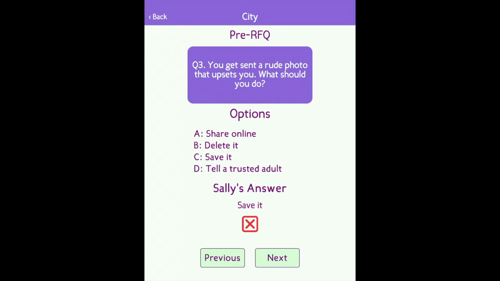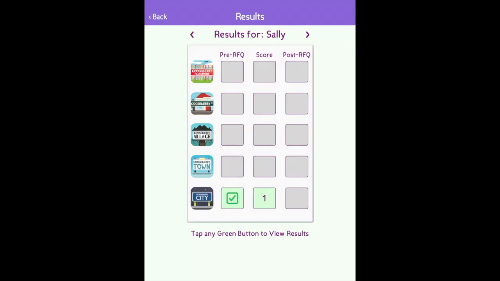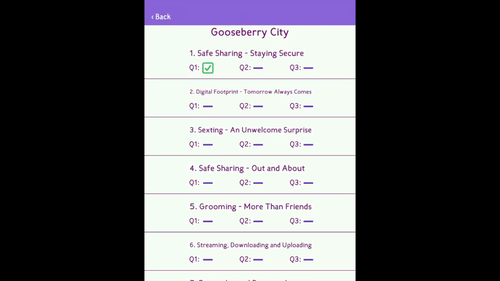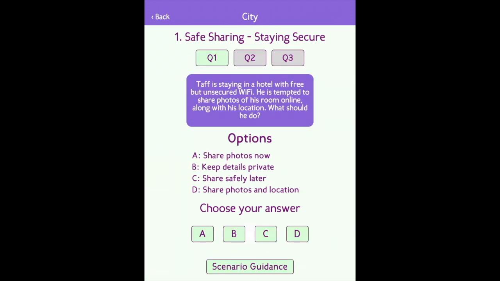As well as seeing the results for the children's quiz, you can also see the results for the questions they answered during the gameplay. These are in the middle there, and you can see which questions they've answered, and if you click on there, it will give you the question once again and the chance to have a go at it.